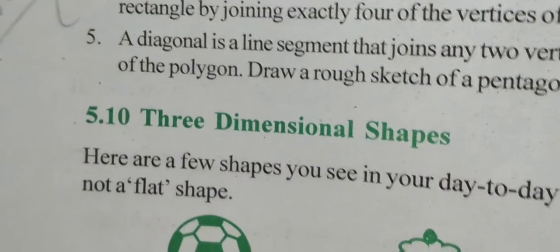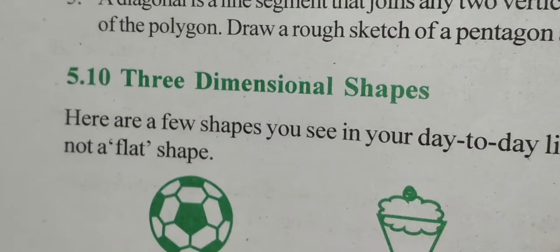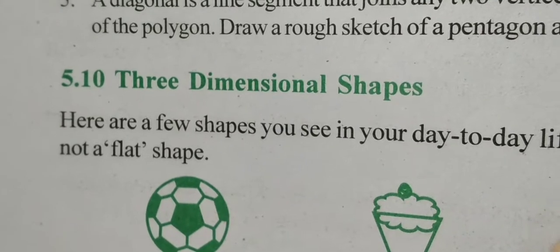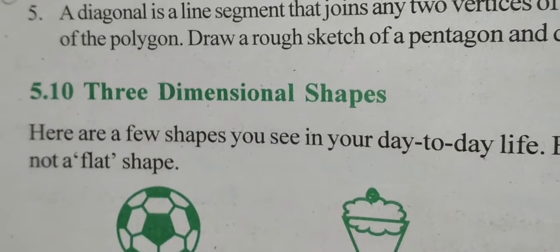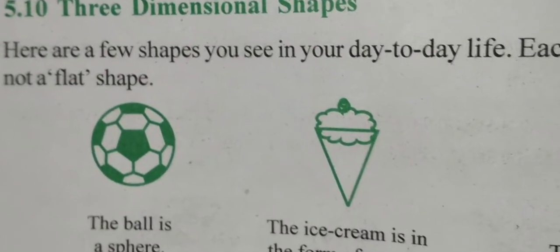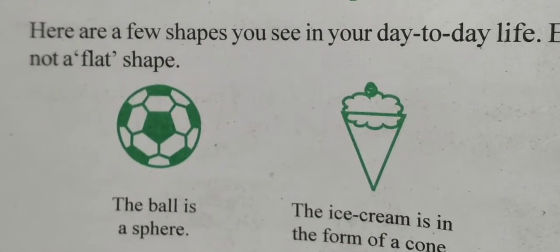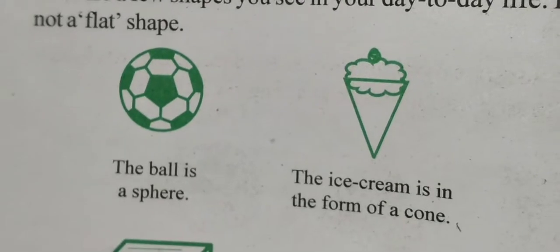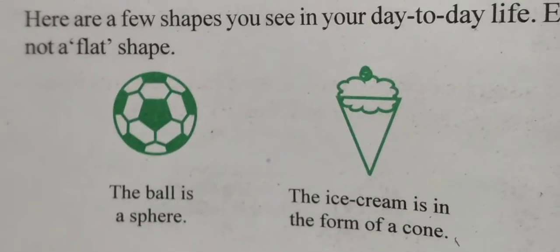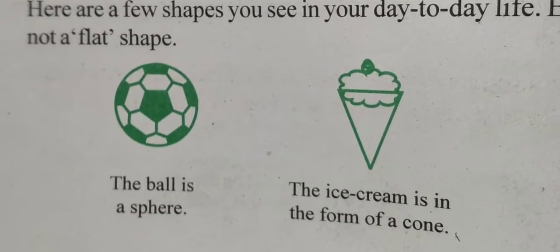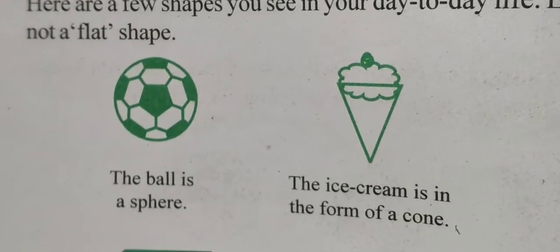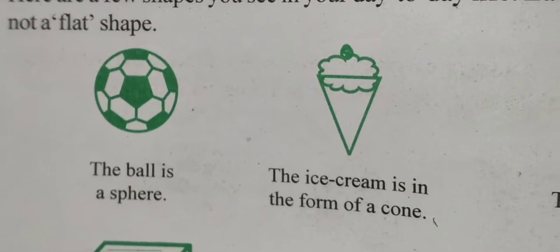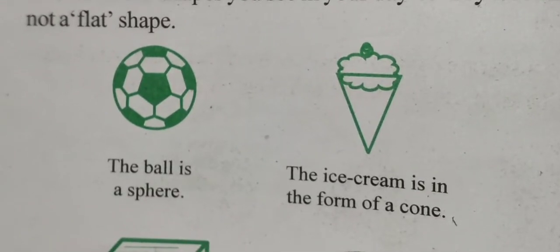The topic of three-dimensional shapes. Okay, the solid shapes which you might have studied in smaller grades, and here you can see a ball. The edge, if you see, is circular, but three-dimensionally if you see, it's spherical. The shape of a ball is a sphere or spherical.